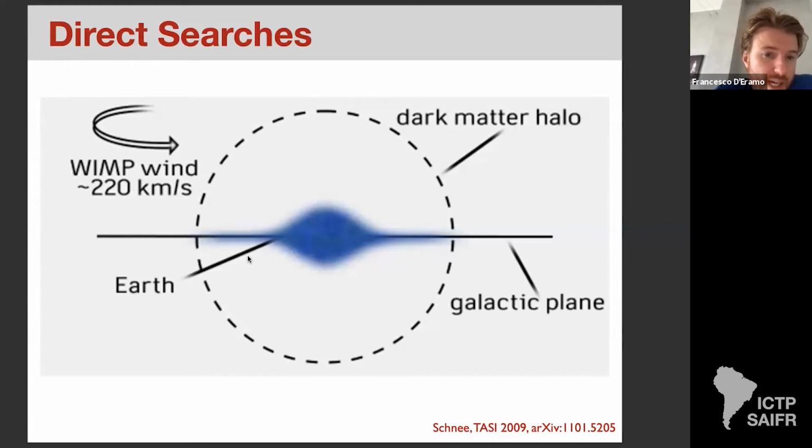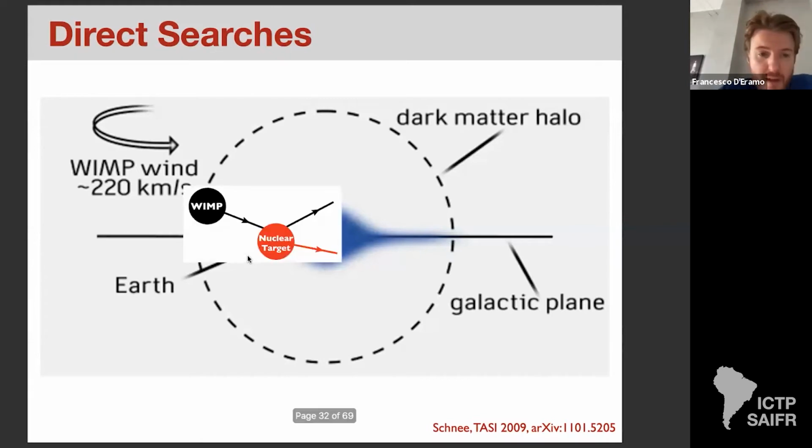And we look for scattering, okay? But in this case, the scattering must be elastic scattering. Not always, but I will discuss only elastic scattering. Then there are exceptions, but the conventional way is to look for elastic scattering. So the experimental signature is to have a nuclear target on the Earth in our labs, and you have to